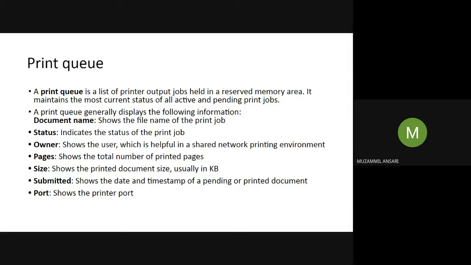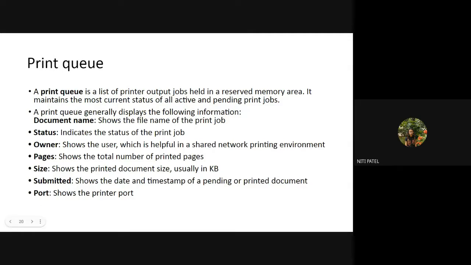Nowadays we have USB. If it is a laser printer or an inkjet printer, we generally have a USB connection. But if it is a dot matrix printer, USB doesn't work. That means the port or cable used for the dot matrix printer is not USB. We have a D-type connector called D25, also called the parallel port connector. So the port of the printer keeps differing depending on the type of printer. If it is laser or inkjet, nowadays they are replaced with USB. But if it is a dot matrix printer, we have a printer port called D25.